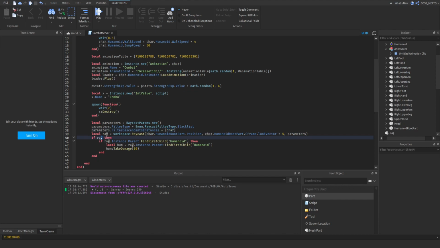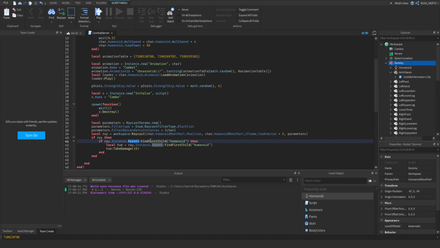Okay, and if a ray basically means that a part has intersected, then we continue by checking if the ray instance, so the instance within the ray, if its parent, meaning this character model right here, has a humanoid, meaning we are able to damage it. And if that's the case, then I'm putting the humanoid inside of a variable and damaging the humanoid, damaging our opponent. So that's about